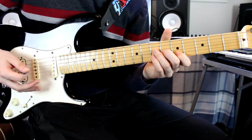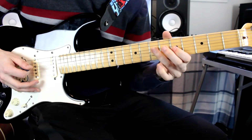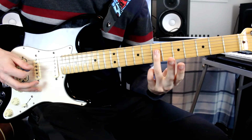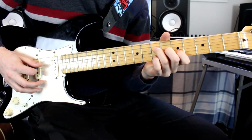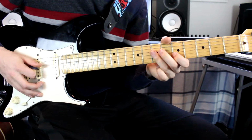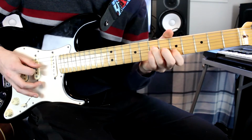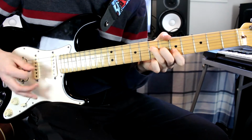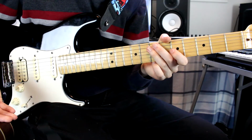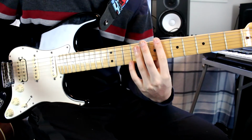Now, right after that, you hop up here to 7, 6, 5 on the D, G, B strings respectively, and then you're also going to be switching to a chord that bars all three of those strings. And you're going to use your 3rd finger for that, and that part goes like this. Right? So altogether you have, and that's going to repeat itself before coming back to the end of the verse lick, so to speak,